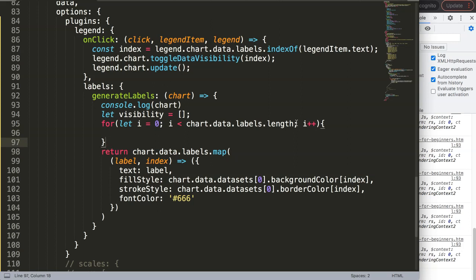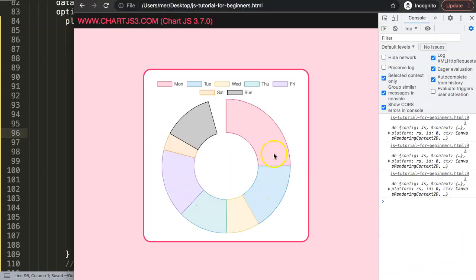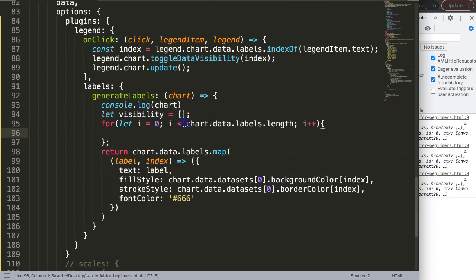Oh, sorry, not a comma, it should be a semicolon. If I save this and refresh, we have now all of this. What I want to do here is basically an if statement, and this if statement will say the following: if it is visible, or basically what I want to show is the toggle data, but I guess we don't need toggle data. We need another command, and this command is called